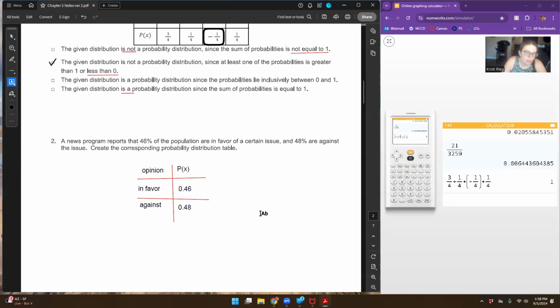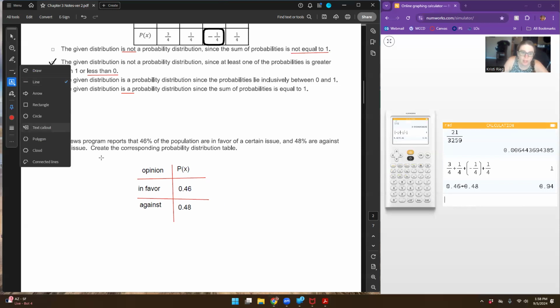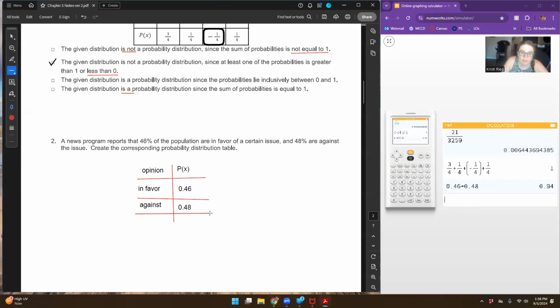Okay, got my rows, put all the information in. Second rule says it has to add up to 1. And so these are both less than a half. This does not add up to 1. If I am over here and I have 0.46 plus 0.48, I get 0.94. That's like 94 cents. So that means we have one last